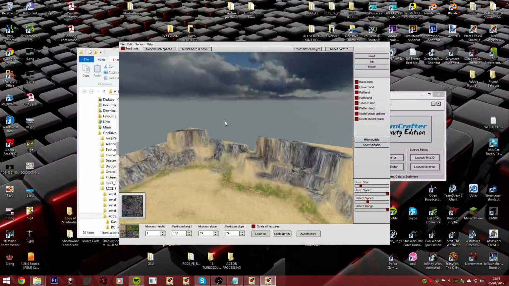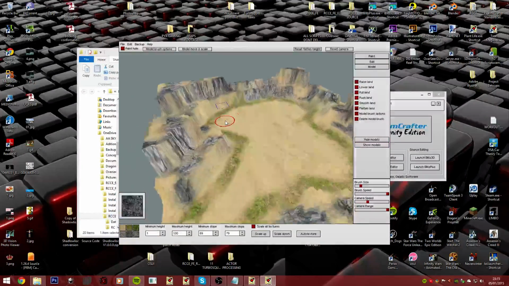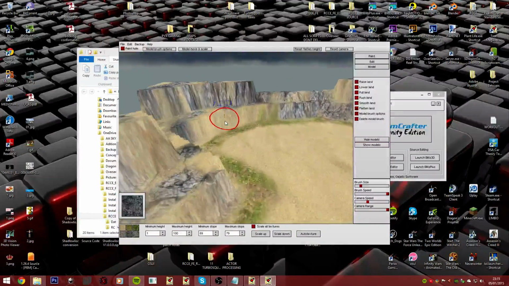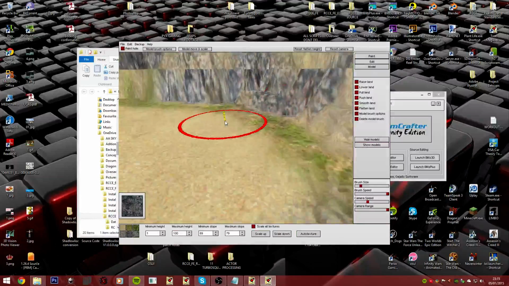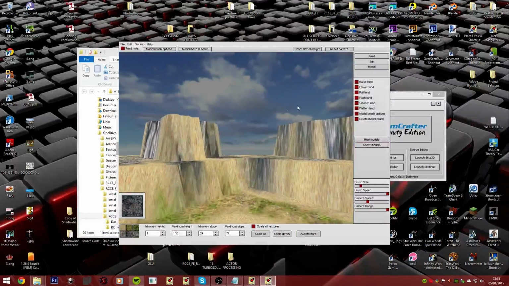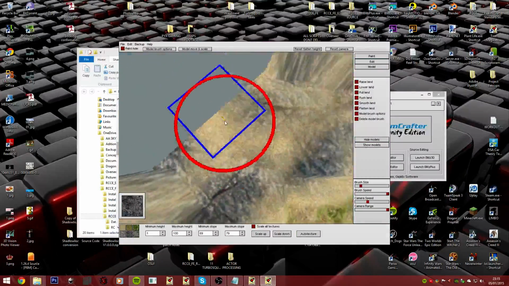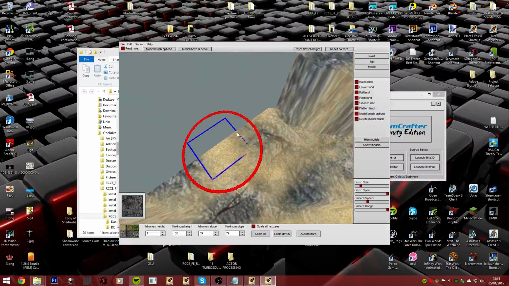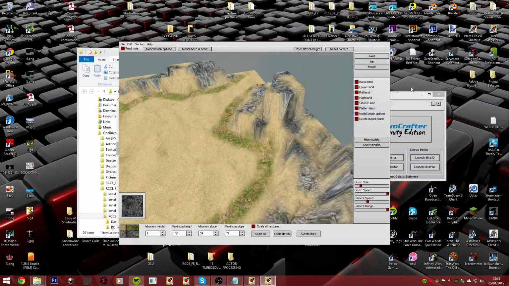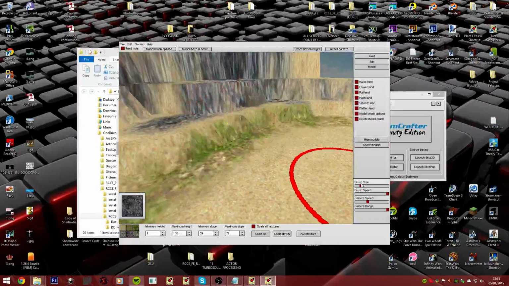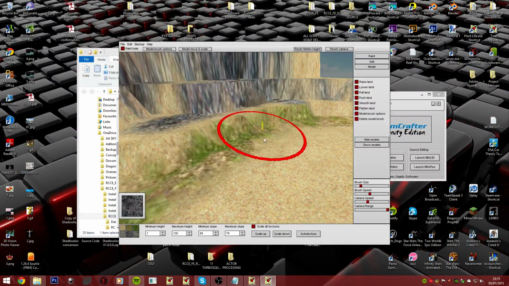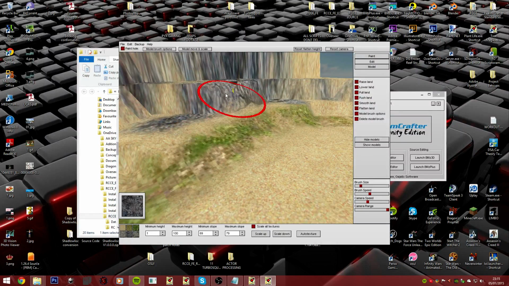Right. At the moment, it looks incredibly square. Like, it doesn't even look at all realistic. It's frankly horrible. So what we're going to do is select the smooth tool, and we want this to be not too big, and we want to turn down the brush speed a bit because we don't want it happening instantly. What we're going to do is lightly go over that,